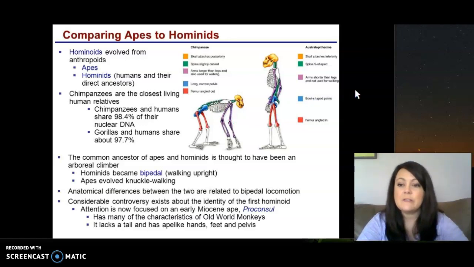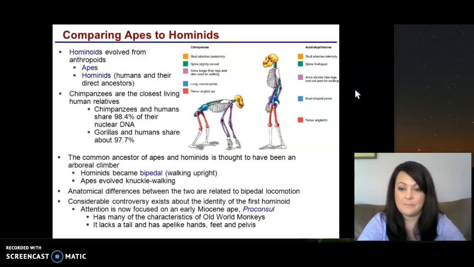Chimpanzees are the closest living human relative. Remember, that's not saying we came from monkeys. We evolved at the same time as monkeys. Chimpanzees and humans share 98.4% of their nuclear DNA. Gorillas and humans share about